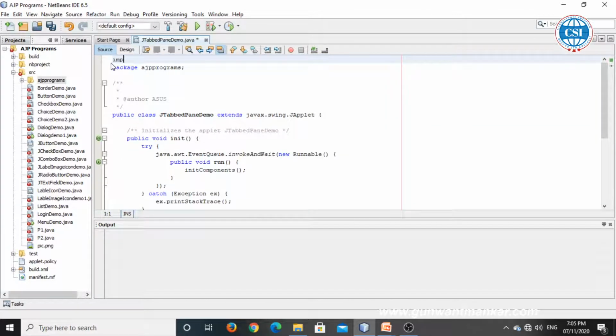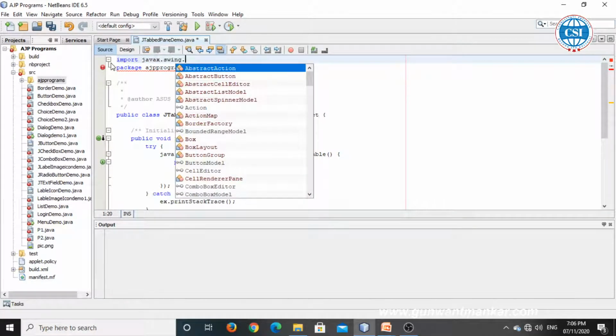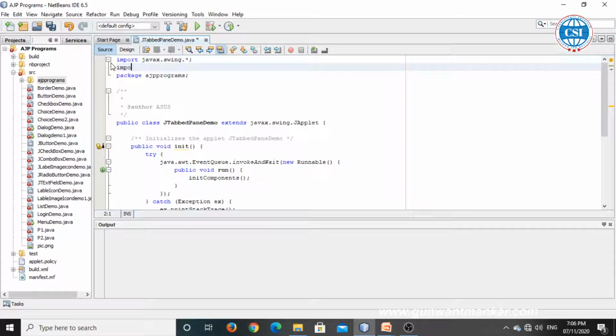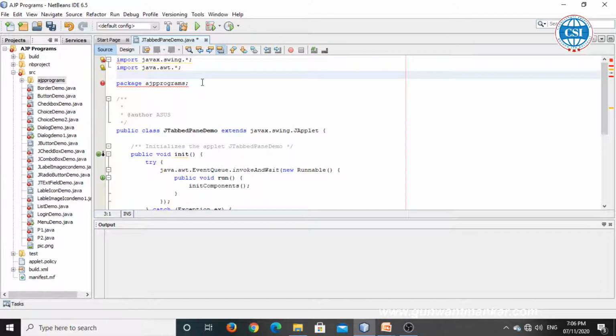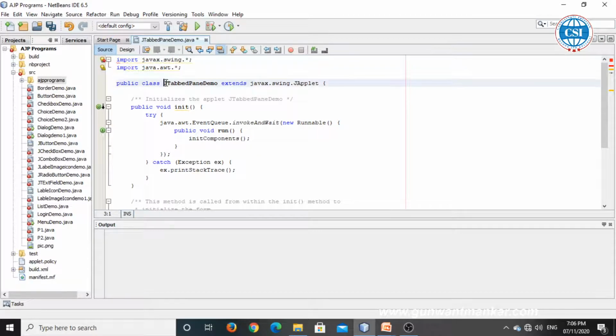Then write import javax.swing, then import the java.awt package. Once you have written import javax.swing, you have to remove this one.